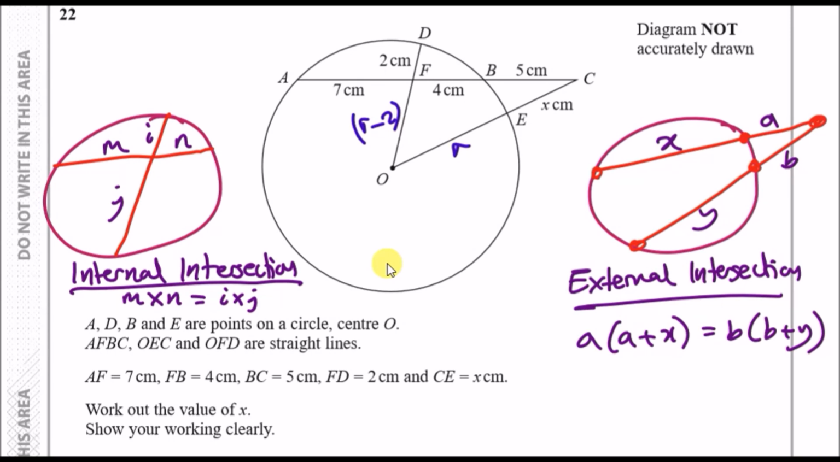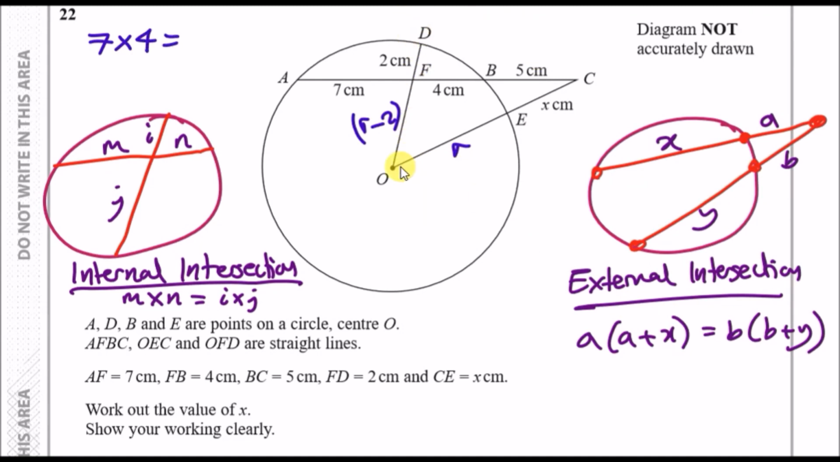Awful. So, internal intersection. It says here that if you go across any chord, such as M and N and I and J, we can say that M times N equals I times J. Look at this diagram: for example, A to B, we've got 7 times 4, so that's one side. And that must equal, and this is the weird one,